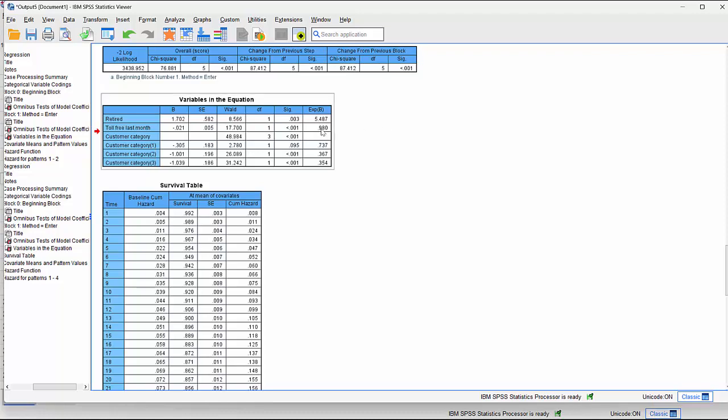Now, it's just under a value of 1. Remember, if it was a value of 1, it would make no difference whatsoever. It would mean that it had no effect whatsoever on the survival rate. But it's slightly less than 1, and that's basically because we're talking, of course, about the effect of a 1